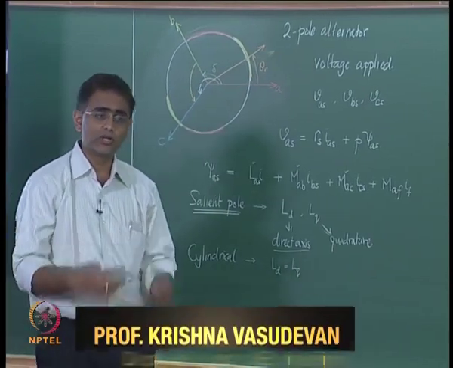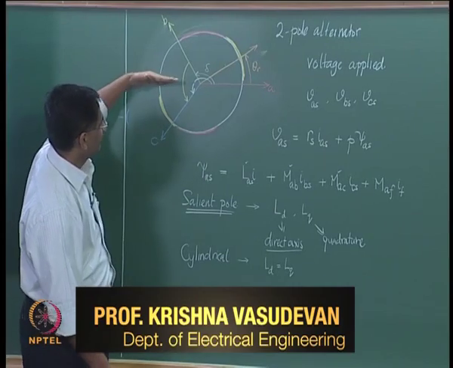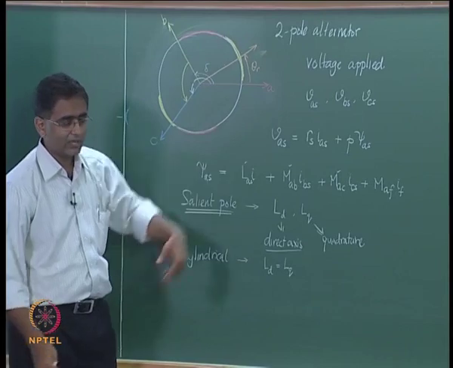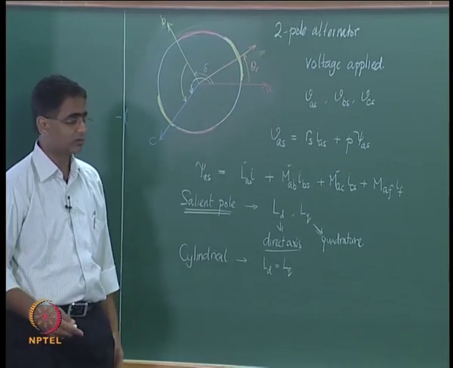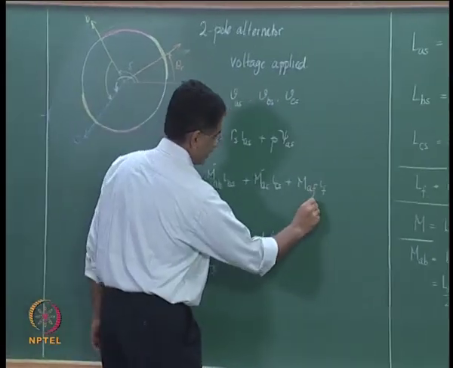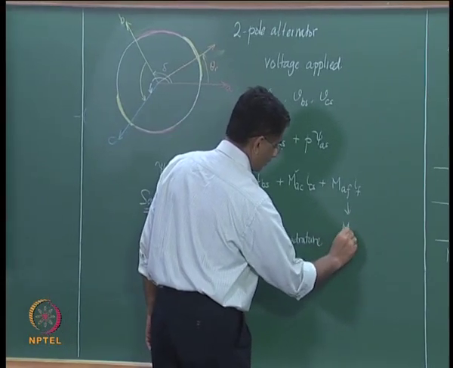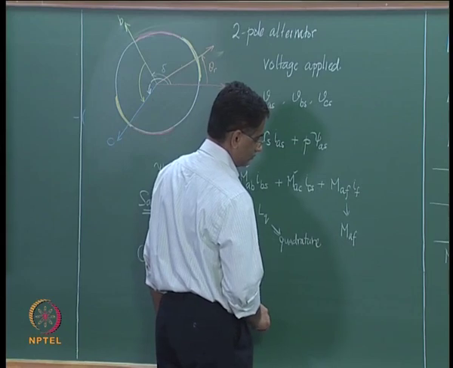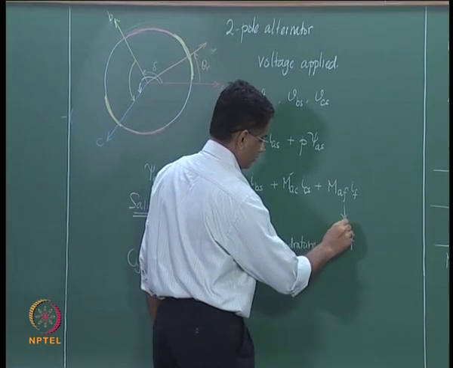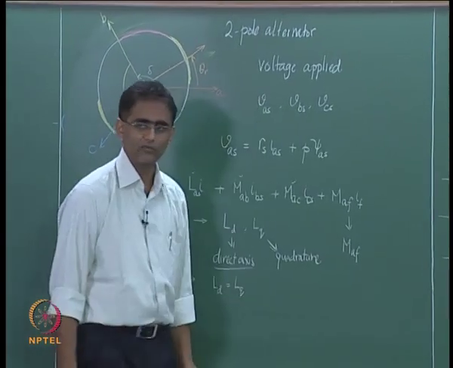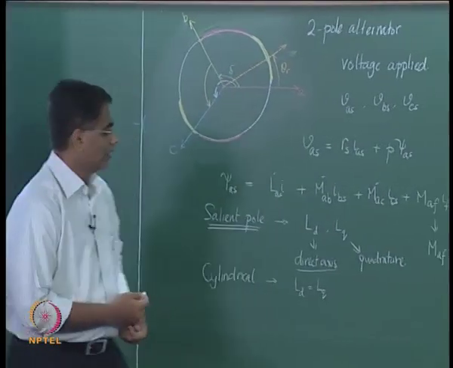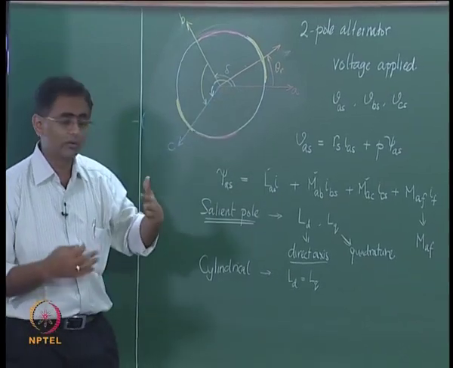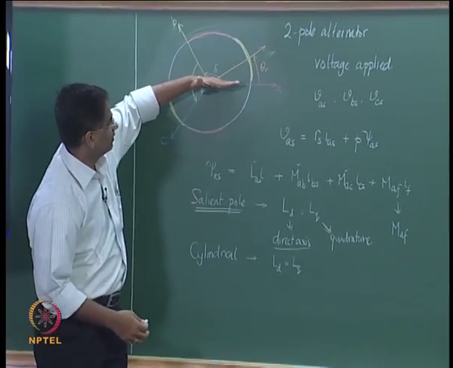Therefore, the mutual inductance will be maximum when the field structure is aligned along the axis, and that value of maximum mutual inductance, let us call it MAF. Well, let us call it MAF itself, right. But however, that value of mutual inductance is not going to remain. As the rotor rotates,